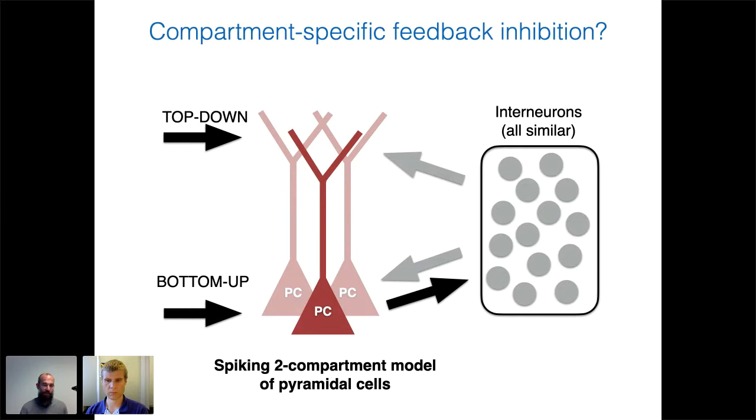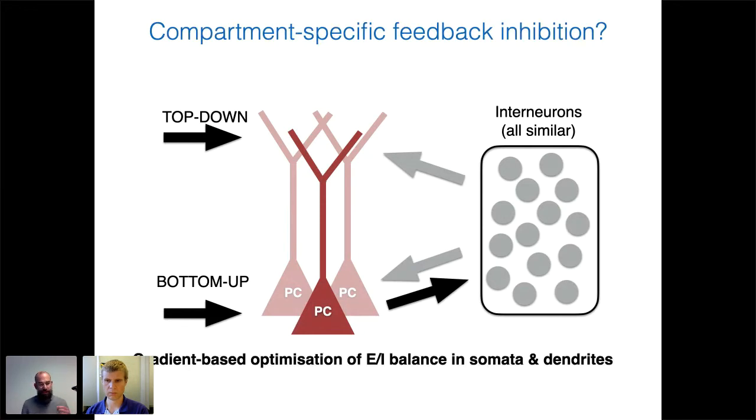And this feedback goes to both compartments. What we try to do is to balance excitation and inhibition in both compartments separately, and then we just optimize. We do a gradient-based optimization of excitation and inhibition both in the dendrite and in the soma, by optimizing the parameters or properties of this inhibitory population here, trying to see how far we can